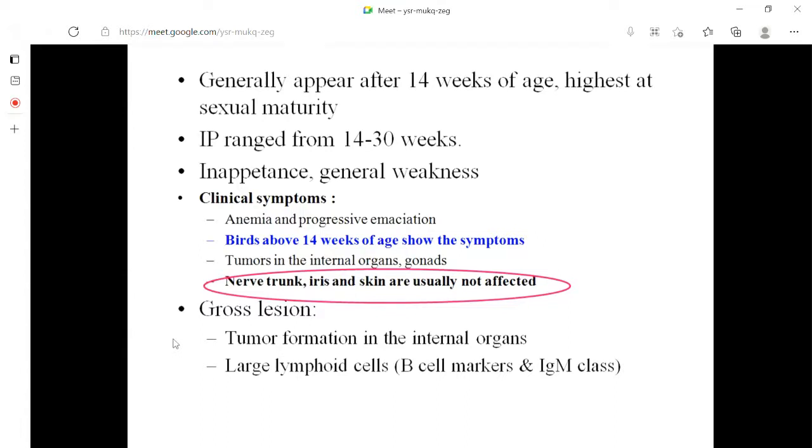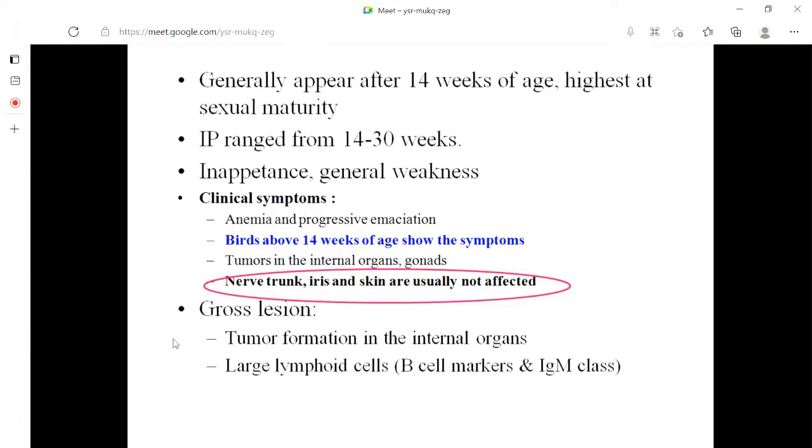So clinically, if the tumor formation starts inside the body, then gradually the bird becomes anemic, and weight loss takes place. And if death occurs, in the internal organs you can see visible tumors. However, in these infections, we never see involvement of the nerve tract, iris, and skin, which is a characteristic